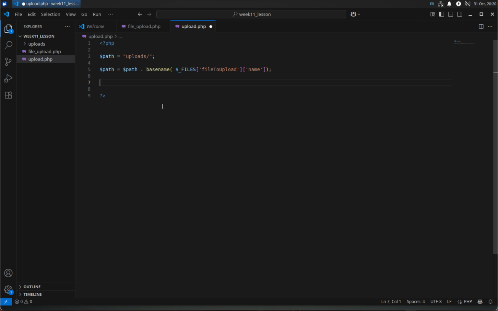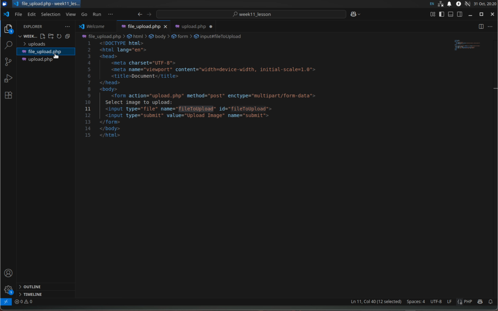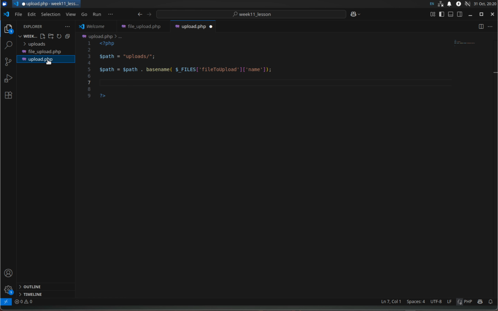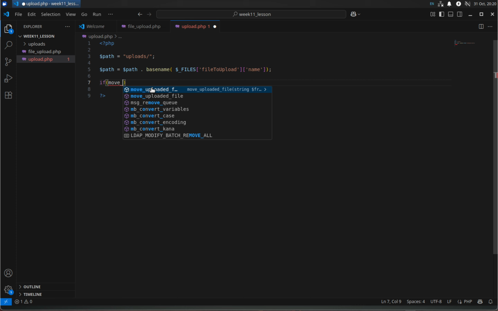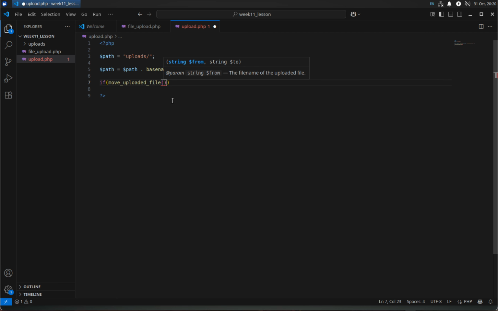The next thing we need to do is actually upload, like do the moving. When we did the form, it did send the file up, but it sent the file to a temporary directory somewhere in the web server. Now what we need to do is move it to this path. The way we're going to do that is we're going to go to if, and then type move underscore, and you can see it's the top option. If move_uploaded_file